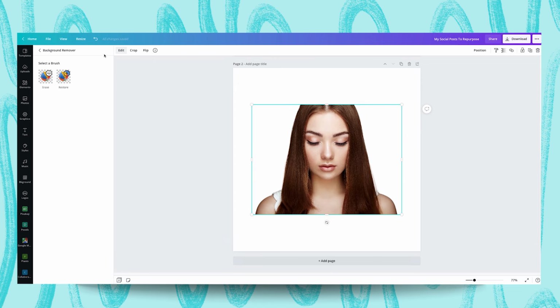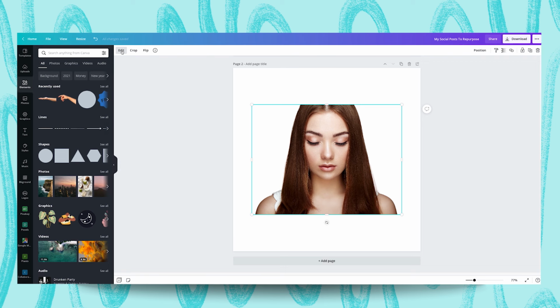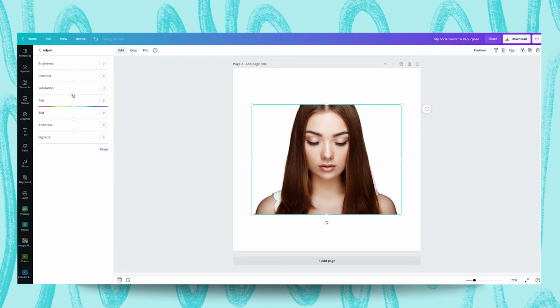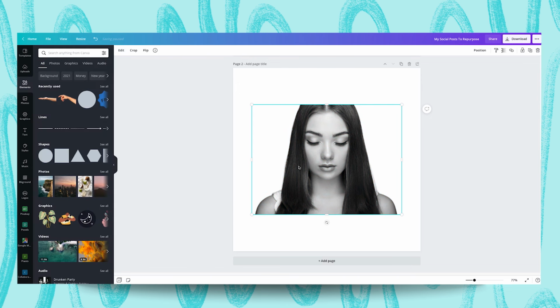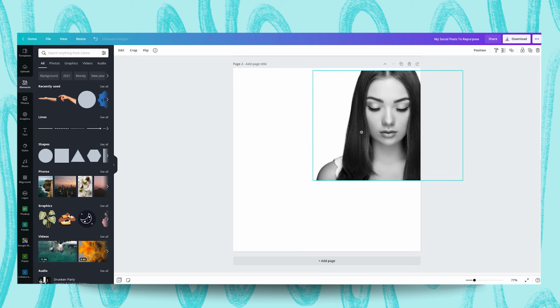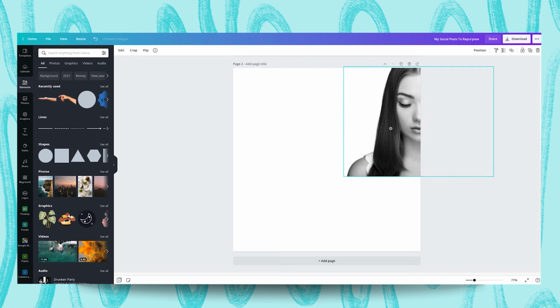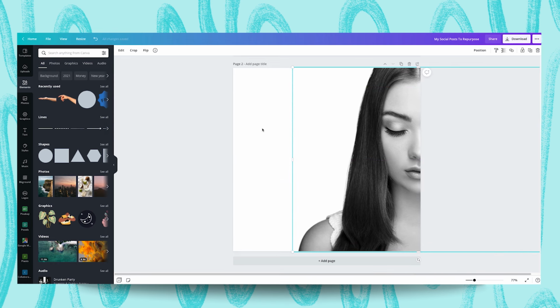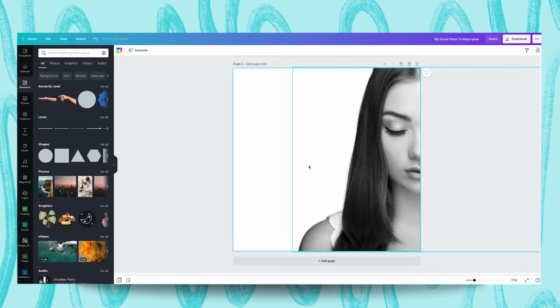And now let's make this image black and white or grayscale to give it some mood. We're going to do that by heading to edit and then by moving saturation down. And now we have that grayscale effect. Let's also put this to one side and give it a half crop just to add some further distinction from the original post. We can do that by finding the halfway point here and then by dragging this out and just realigning that. Perfect. We're going to leave some negative space here to the left to create some room for